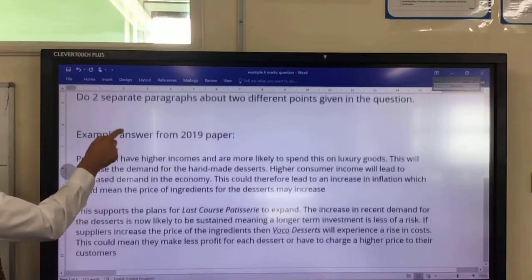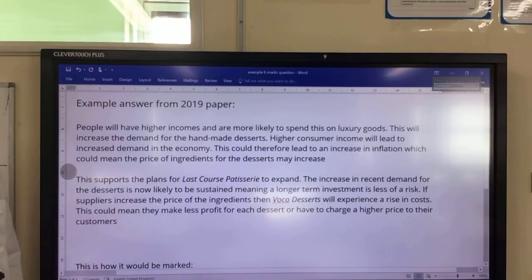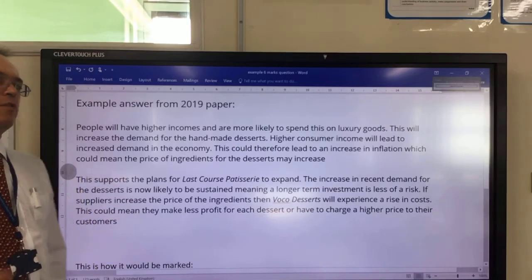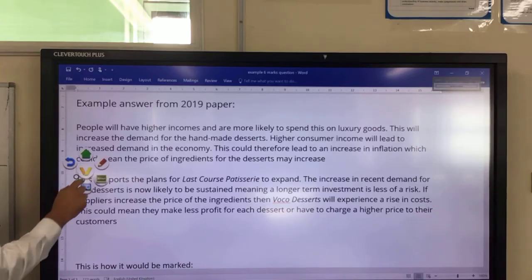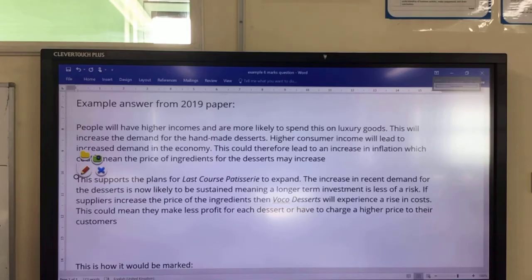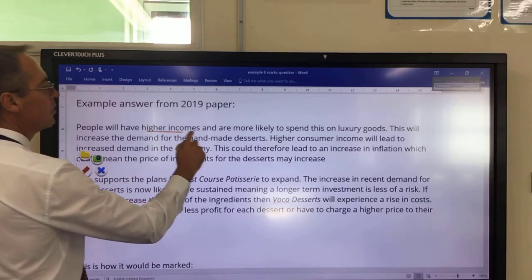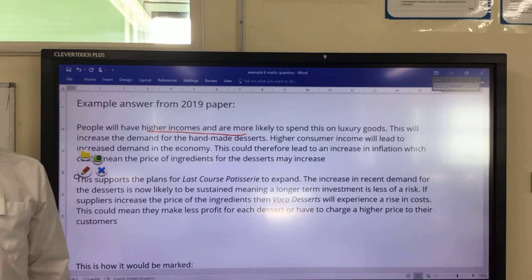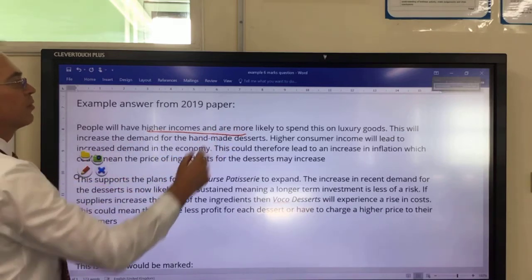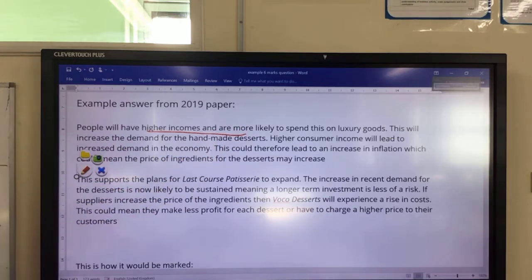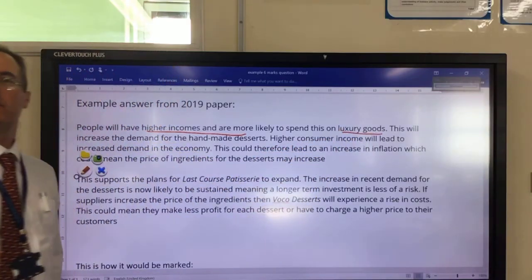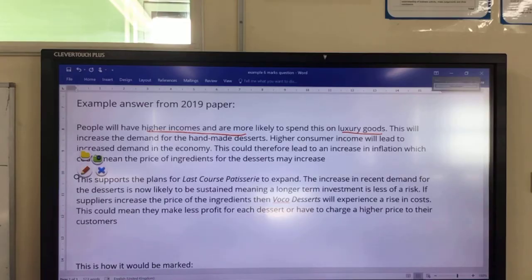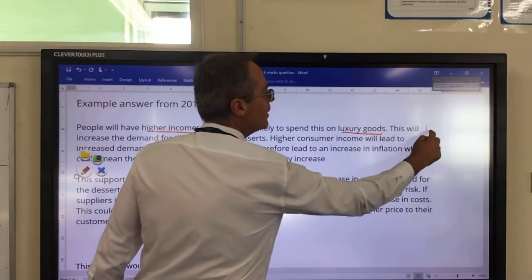Here's an example answer provided by Edexcel themselves from the 2019 question paper. So if I underline, so people will have higher incomes, this would be your starting point. So because people would have a higher income, they would be more likely to spend on luxury goods. Now this is part of a theory that you are learning at this moment in your GCSE. This will, you could say, lead to,